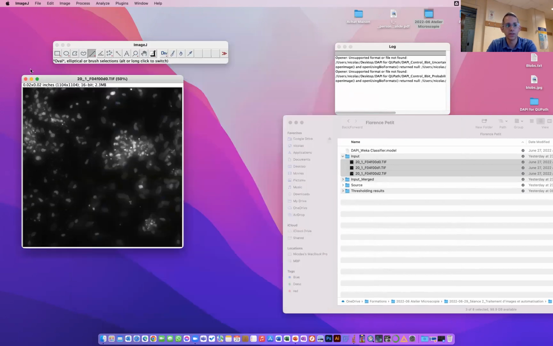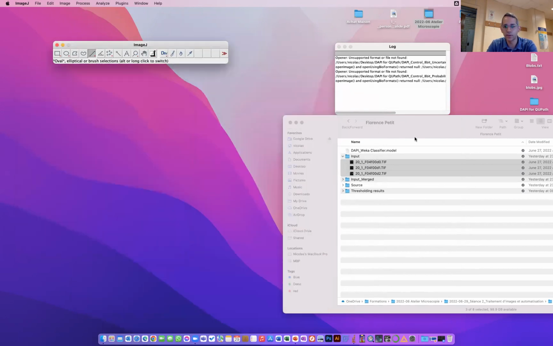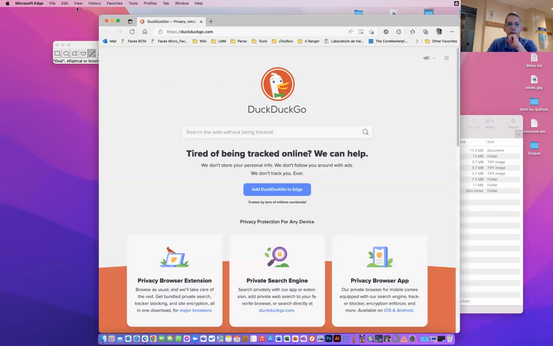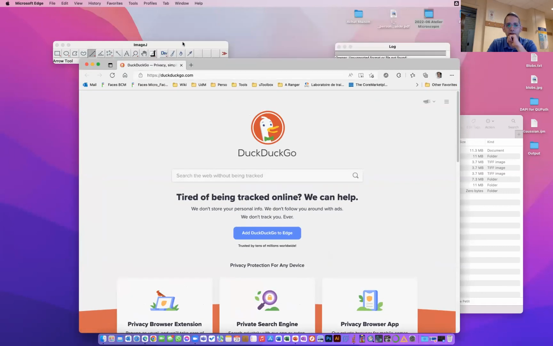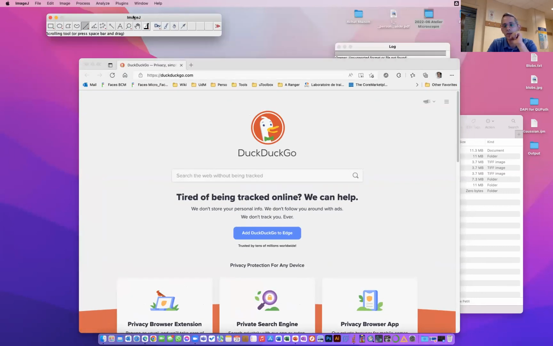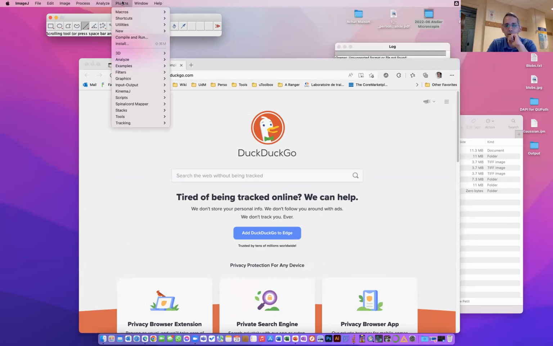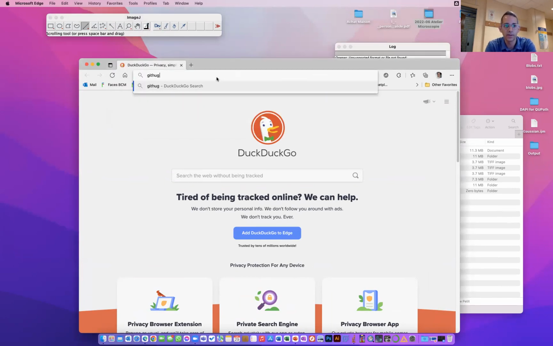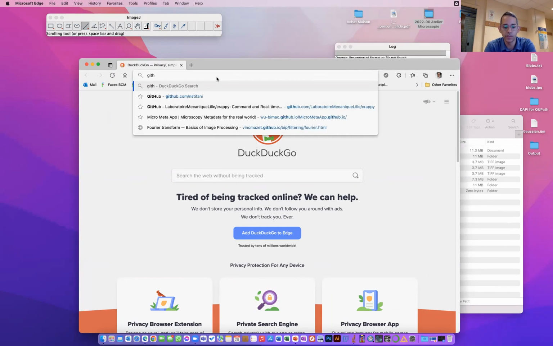You can do that, but you can also write a script to do that if you have to do this often. And it just happened that I wrote a script for that a few years ago, and I put it on my GitHub. So I wanted you guys to know that you can actually search for things and get them from other people. And this is very trendy in the ImageJ world. In Fiji, you have a lot of plugins that have been written, but people like me also make plugins. And I'm not very good at writing, but sometimes they are very useful. So if you go to the GitHub,